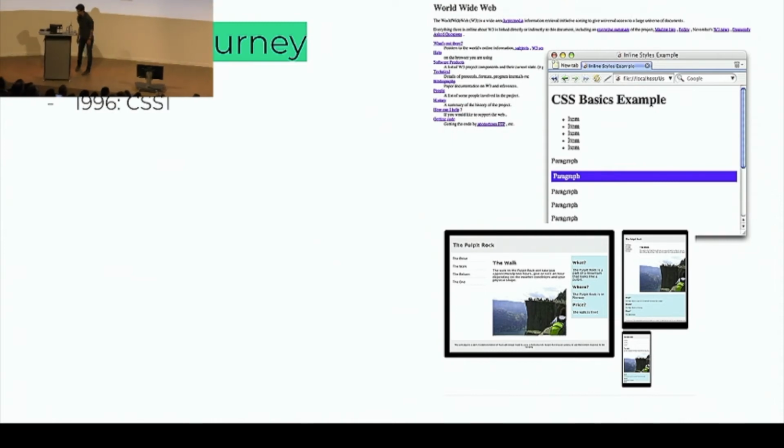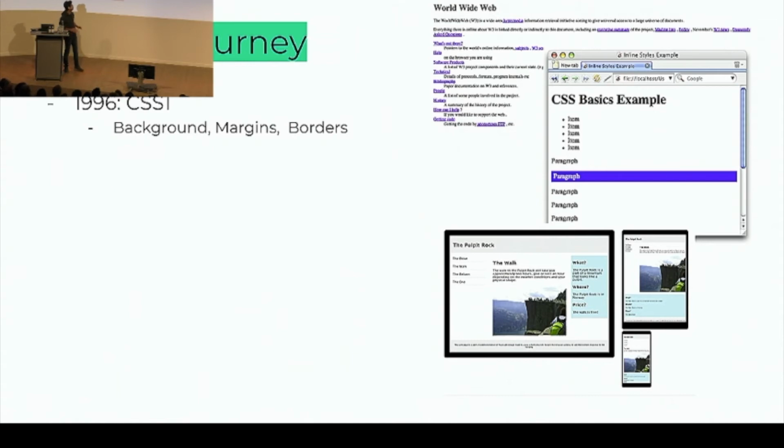CSS was really important because 6 years after the first version of HTML, which in those days was called electronic pages, the first version of CSS was introduced. It was really good because they could turn those bare-bone pages into something fancier. They could have some backgrounds, some margins, we could align our pages, and all without touching the markup. So we had markup and a way to style our pages. It was a really good start.